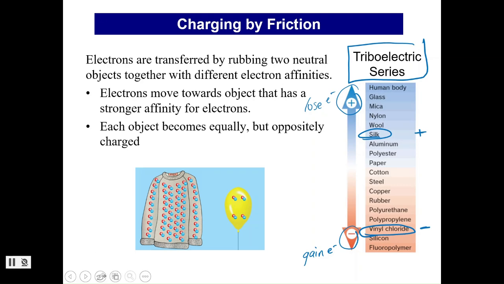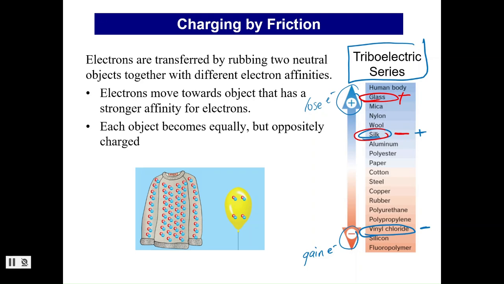Now, on the other hand, if you take that same piece of silk and neutralize it, basically by touching it and making sure that the charge is spread around, and you then rub it on a glass rod, that silk, which became positively charged when rubbed with the PVC rod, is going to become negatively charged when rubbed with the glass rod instead, because the glass has the higher electron affinity. And the glass rod is going to become positively charged. The further apart the objects are on the triboelectric series, the better the transfer is going to be between the